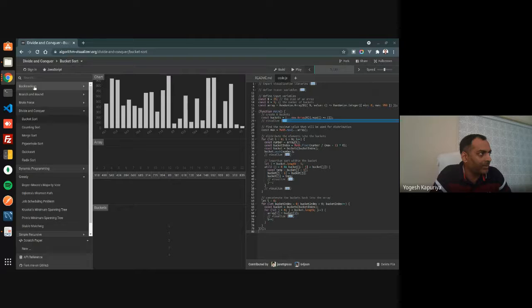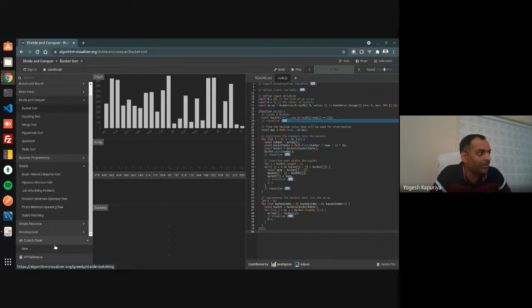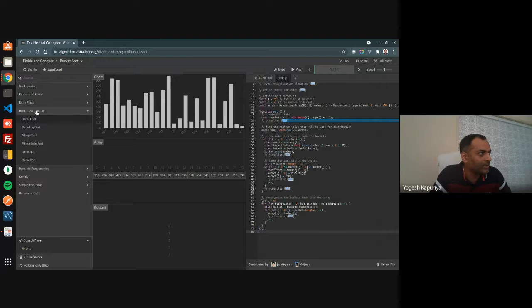Here there is backtracking, branch and bound, brute force, divide and conquer, dynamic programming, greedy is also there. These are some standard design techniques which are used to solve various problems.